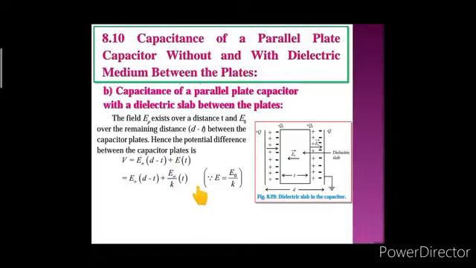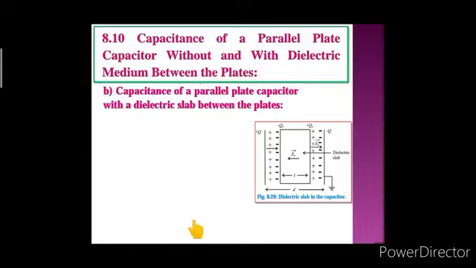In the next step we are writing the value of E as E0 upon K. After that, over here we can take out common E0. So it comes E0 as we are taking common, and in bracket we can write d minus t plus t upon K is remaining. Then in the next step, the value of E0 we can write as q upon A epsilon naught. The value of the electric field intensity we are writing as q upon A epsilon naught into (d minus t